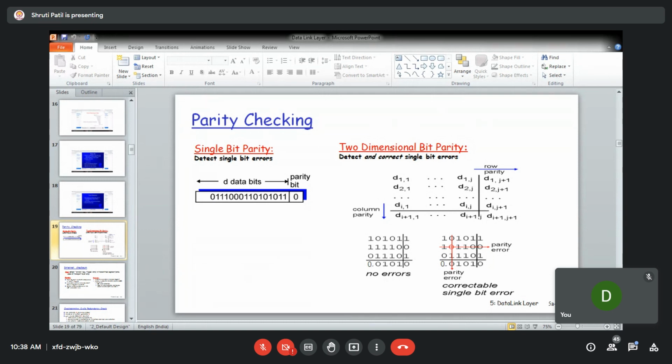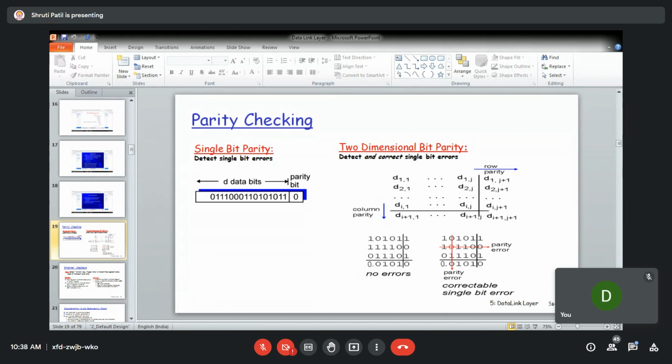Here you can see, suppose you are following even parity. Now in this even parity, to make this particular parity even, what are you using? This is the odd parity, so to make it even, you add 1. Here this is already even, so you add 0. Here this is already odd, so you add 1 to make it even. Okay, so the data bits which will be transmitted along with this is this 101 which will be appended at these